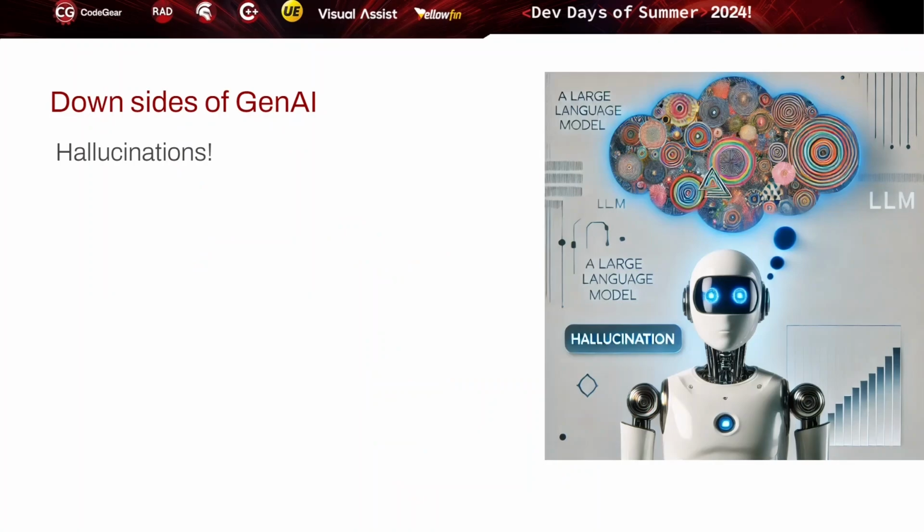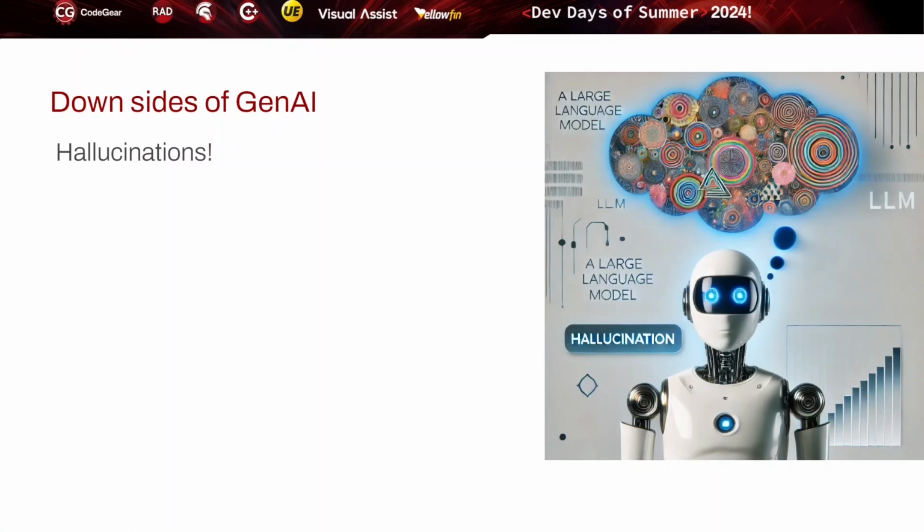Right. And are there any downsides to using GenAI? One of the greatest downsides to using AI is hallucinations. And what are hallucinations? Hallucinations are when the LLM does not know the answer to the question that we are giving it. So let's think about it.